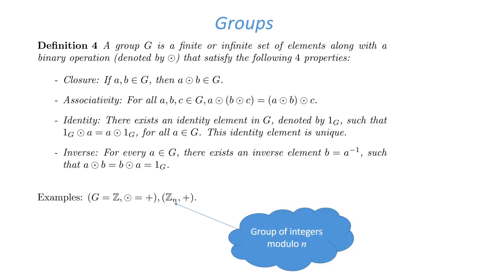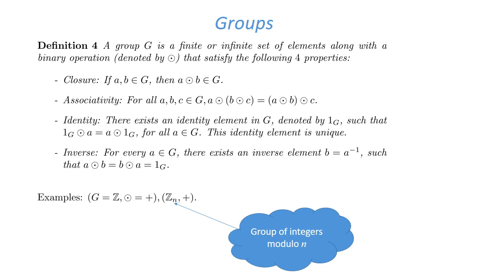Some examples of groups are the set of integers with the group operation being addition. Why is this a group? First, note that the closure property is satisfied. If I add two integers, I do indeed get an integer. Second, associativity is satisfied. If I add three integers, the order in which I add these integers does not matter. Third,